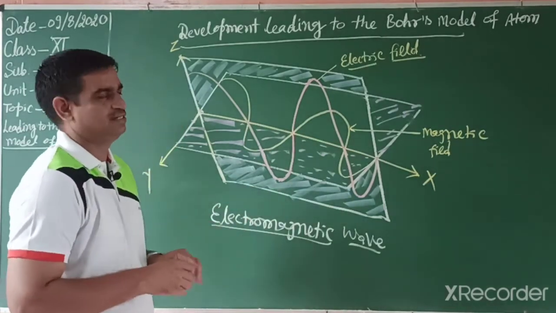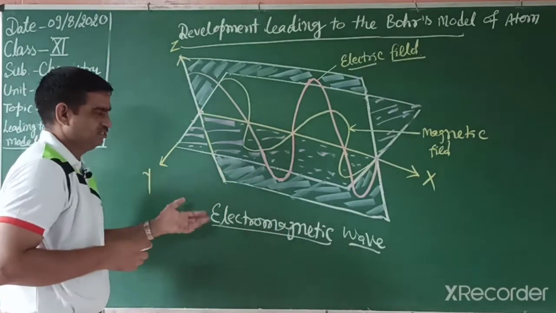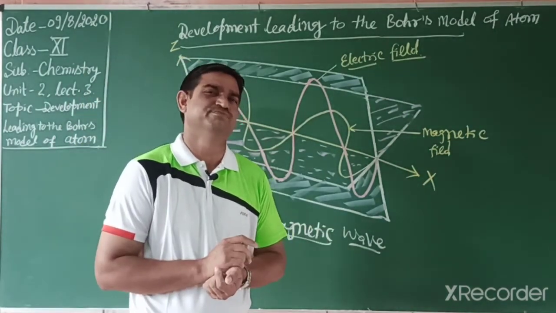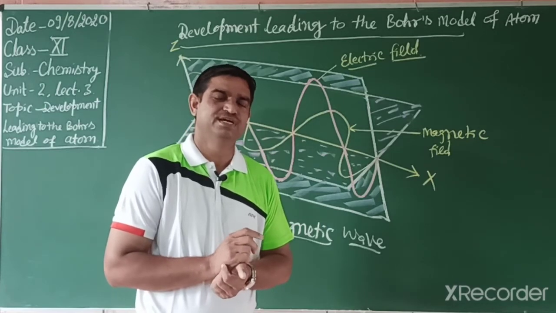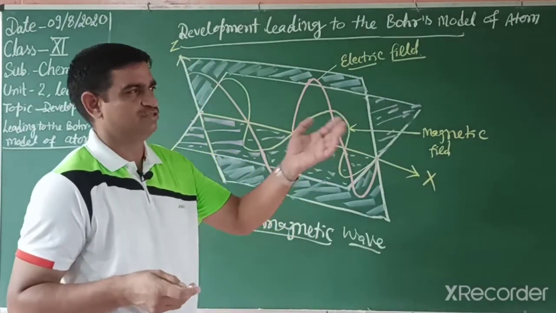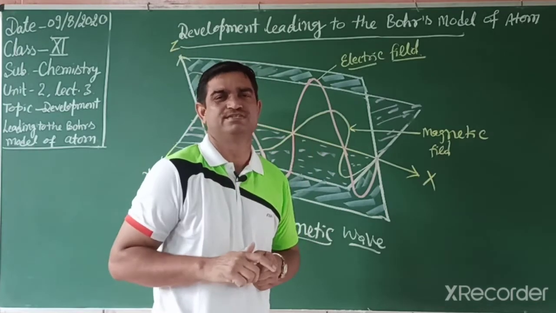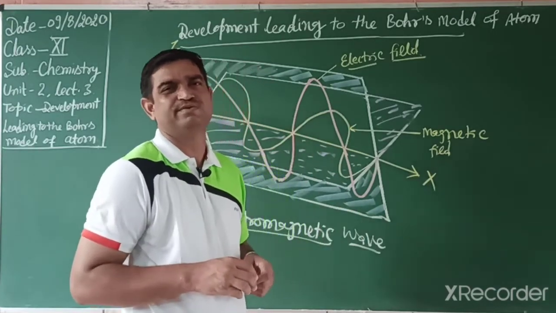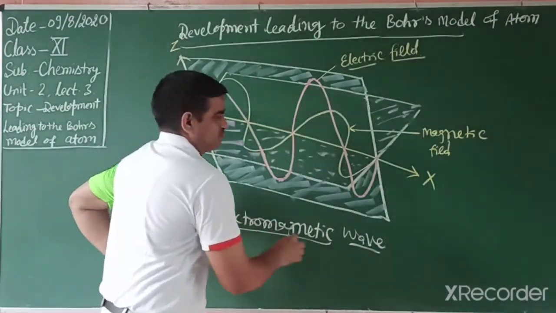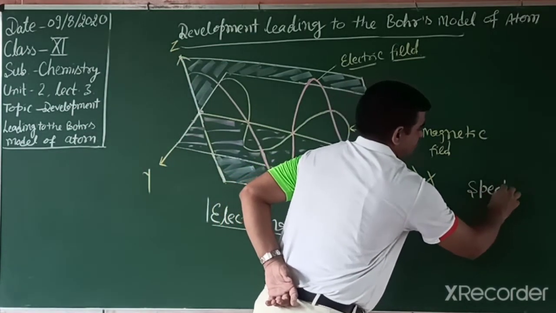In detail, we study which spectrum has which waves. This electromagnetic wave is not a single wave, it is a mixture of different waves. So now we study in detail what the electromagnetic spectrum is. Normal white light is what we can see with our naked eyes, that is visible light. But we can't observe all the light. So that light is different, and that is the electromagnetic spectrum.